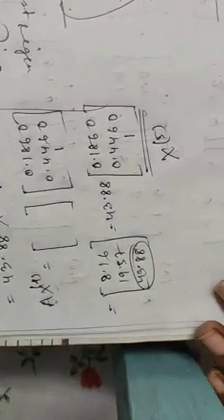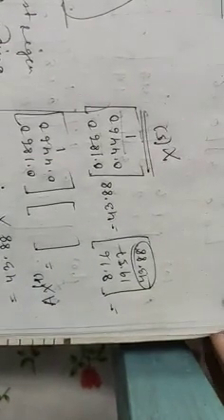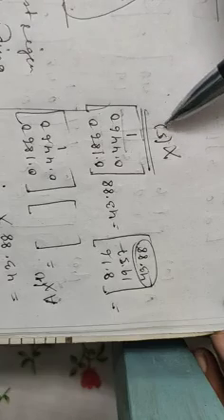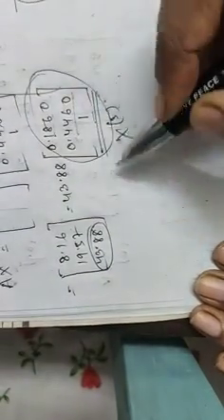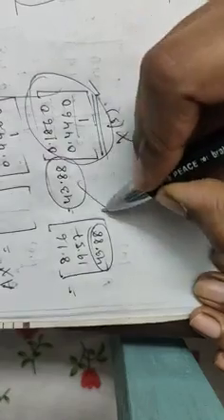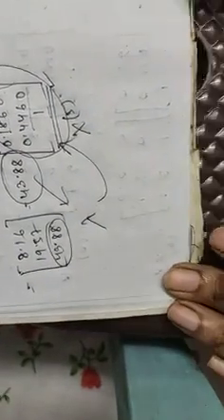Now check x4 and x5: both are the same. So we can terminate the procedure, because for two consecutive steps the eigenvector starts to repeat. So this is our final result: this is the largest eigenvalue lambda, and this is its corresponding eigenvector.